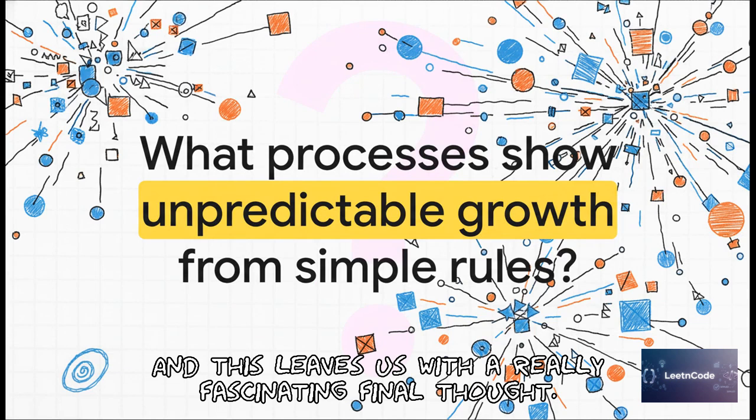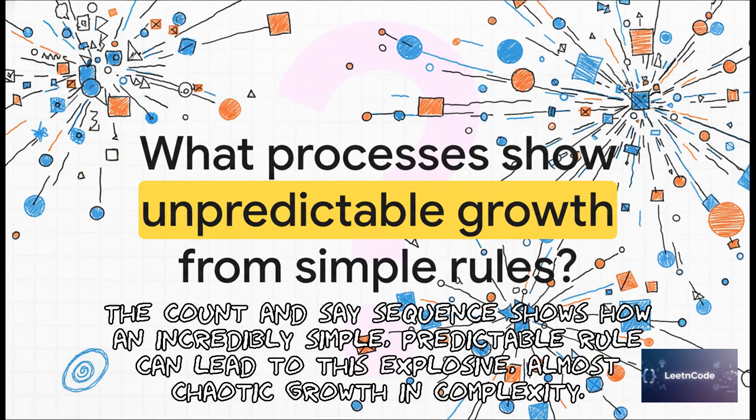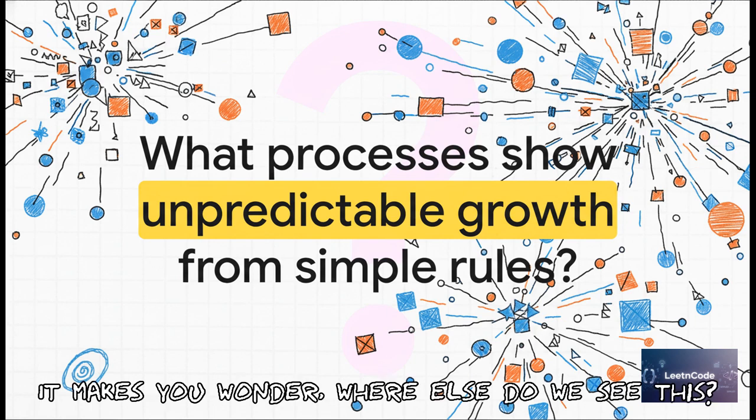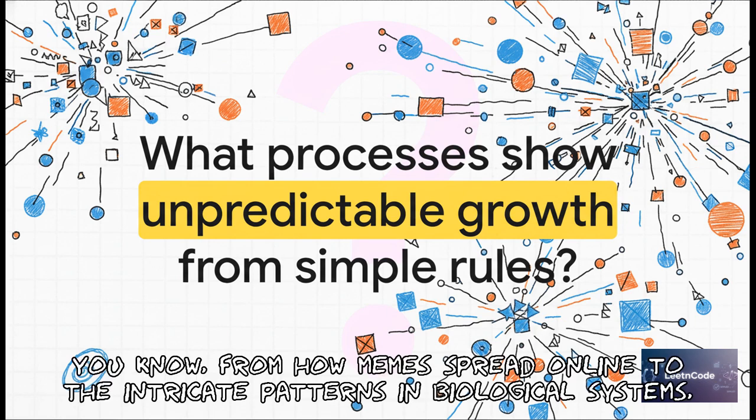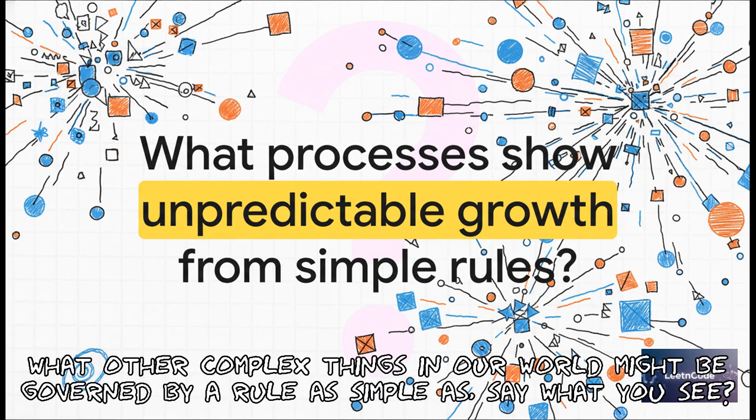And this leaves us with a really fascinating final thought. The count and say sequence shows how an incredibly simple, predictable rule can lead to this explosive, almost chaotic growth in complexity. It makes you wonder, where else do we see this? From how memes spread online to the intricate patterns in biological systems, what other complex things in our world might be governed by a rule as simple as